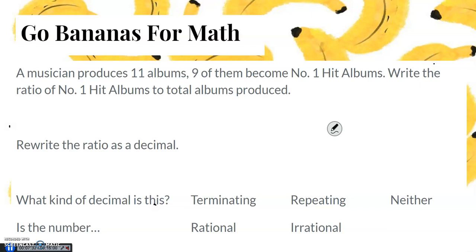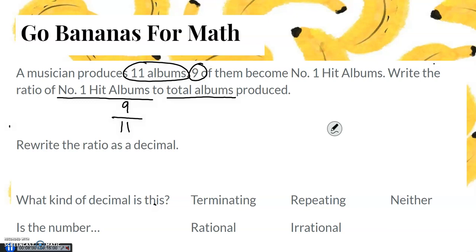Okay, so this says we are writing a ratio of #1 hits to total albums. So if a musician produces 11 albums, that is our denominator. Out of the 11, 9 of them become #1 hits. So our ratio is